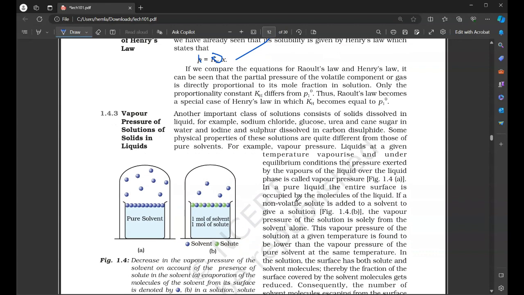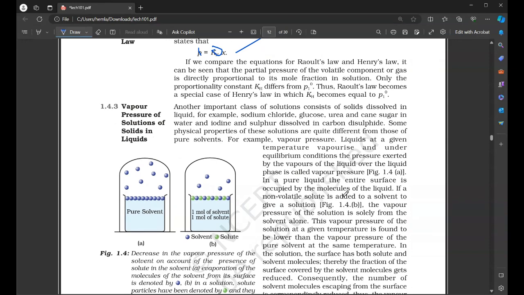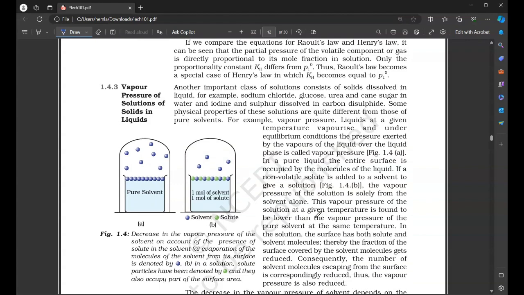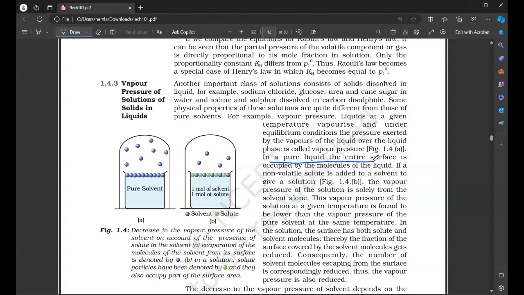In a pure liquid, the entire surface is occupied by molecules of the liquid. If non-volatile solute is added to the solvent to give a solution,